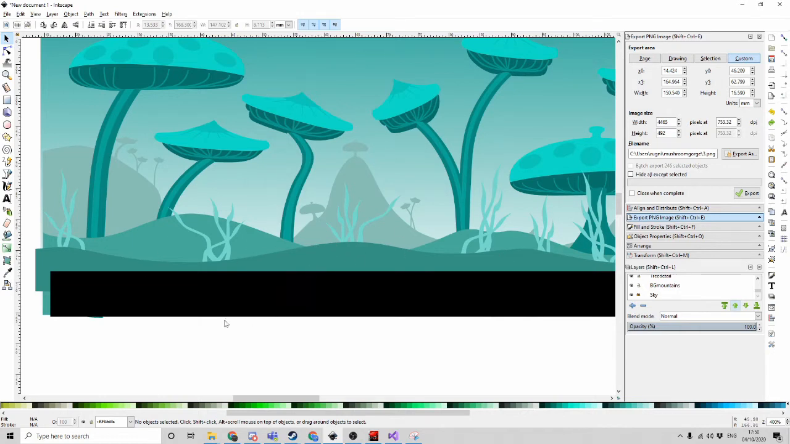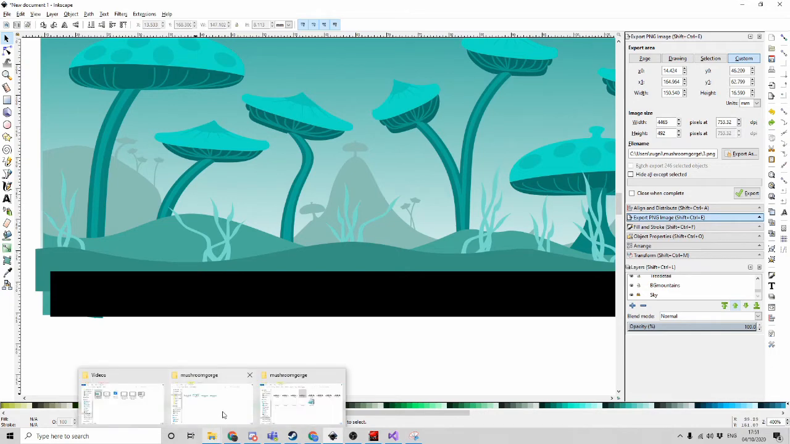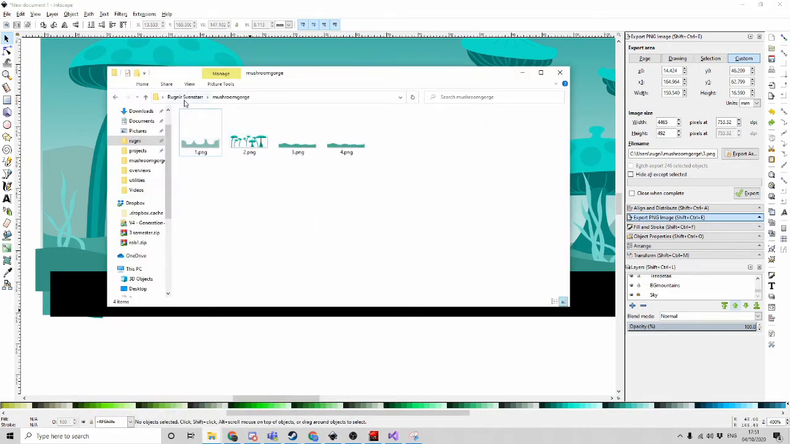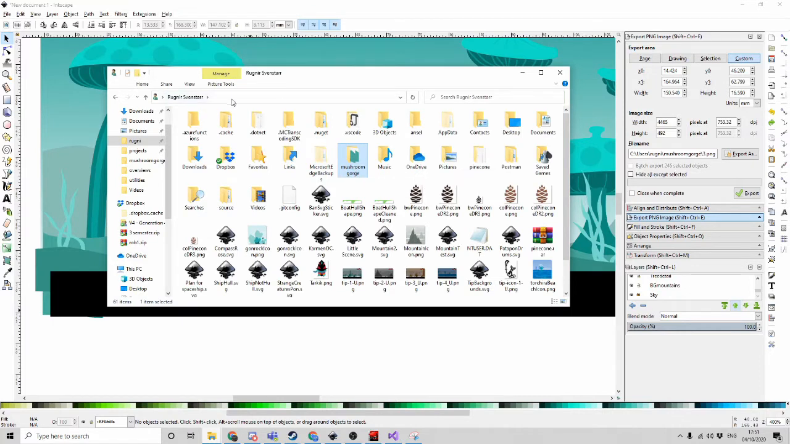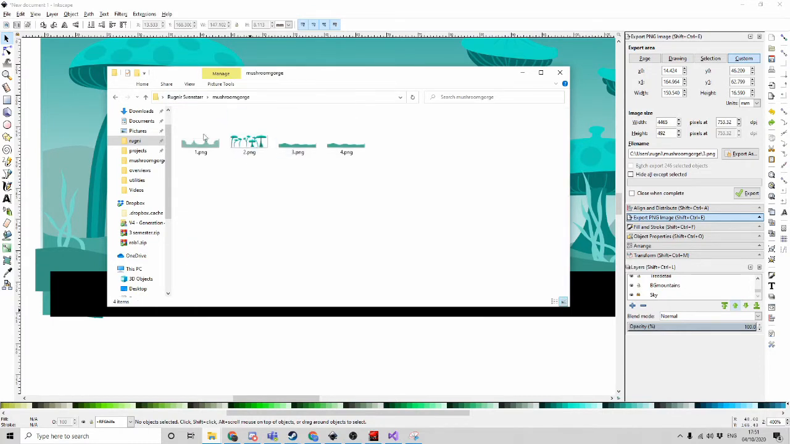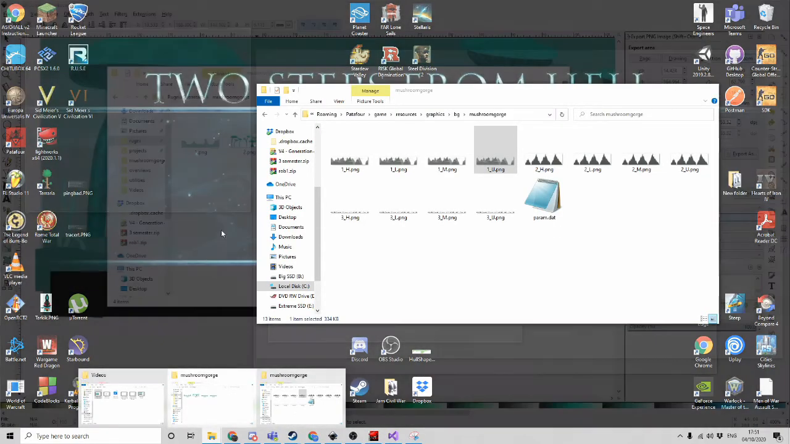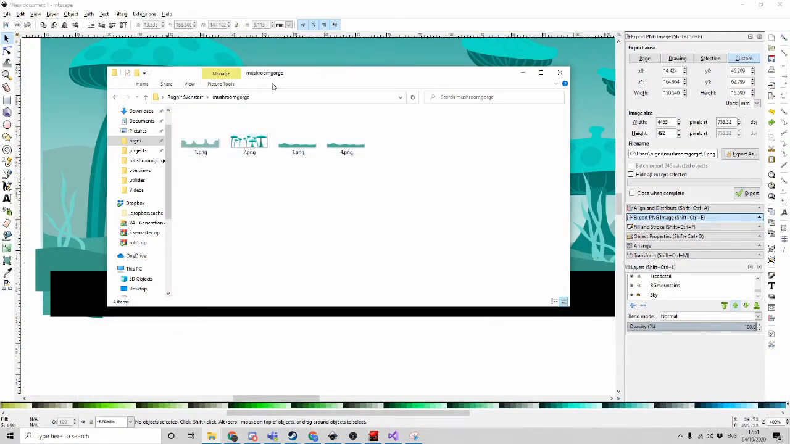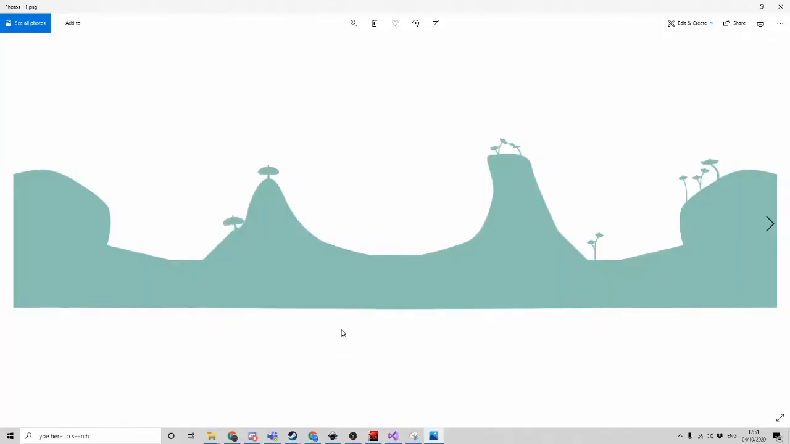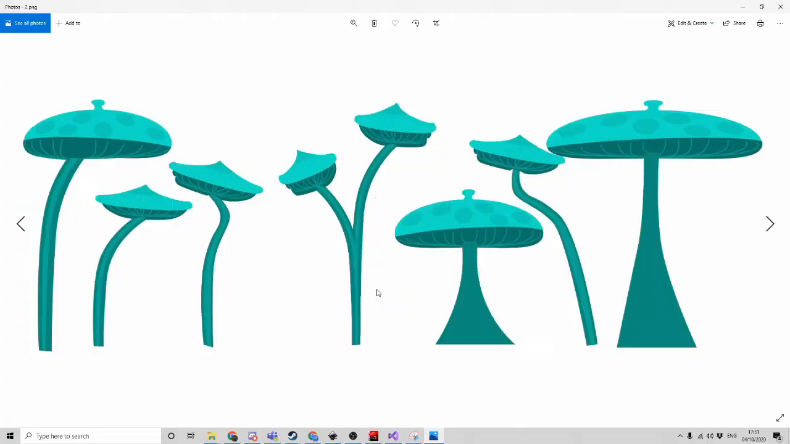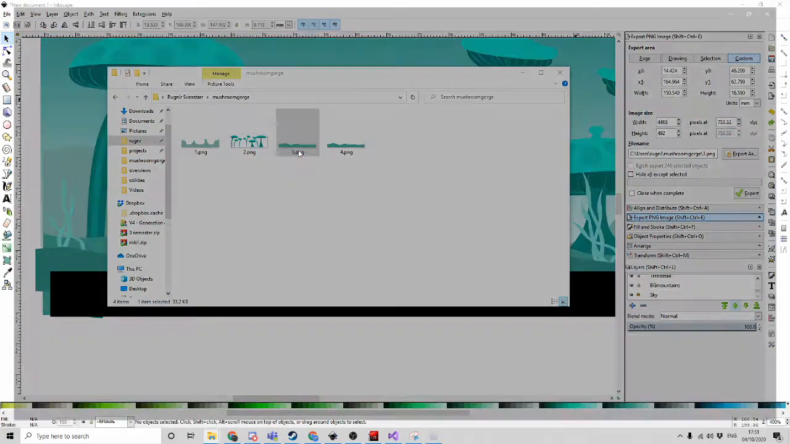Okay, so the first thing that we're going to need to do is separate these out and export them separately. So what I've gone ahead and done is I've gone into my documents folder. I've created a folder called Mushroom Gorge, different to the one that's in the Patafour directory. And I've exported each of the different layers in here, like this. So you see I've got 1, I've got 2, I've got 3,